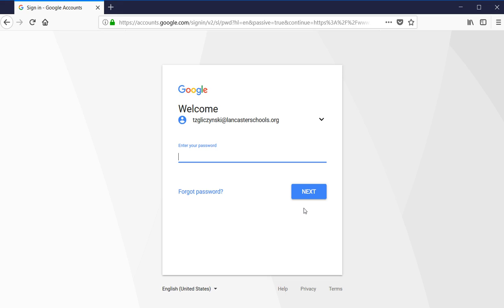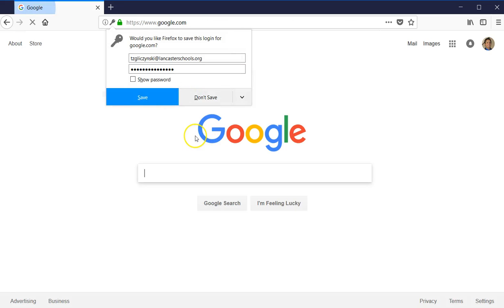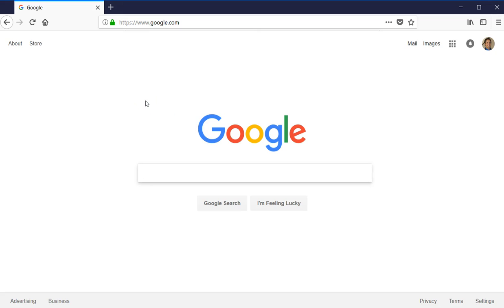Now, once your child types in that number, and I'm just going to type in my password, you should be able to click next, and it'll ask you about saving. Maybe, perhaps, you can go ahead and do that. And now you're in. The page doesn't look all that different, but if you notice in the right upper corner,